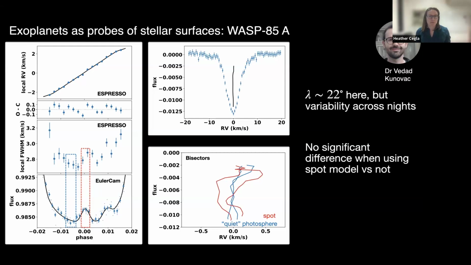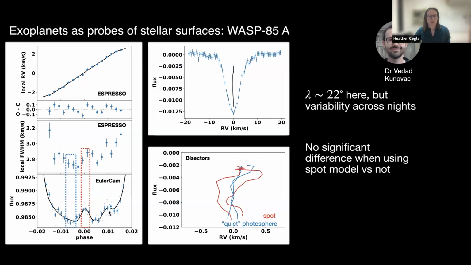Part of that might be due to the fact that the impact factor of this planet is pretty low. So there could be a degeneracy between the projected rotational velocity that we measure and the obliquity. So it's something to explore a bit more. We don't really see a big difference whether or not we use